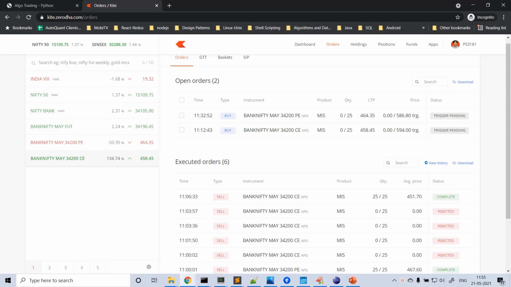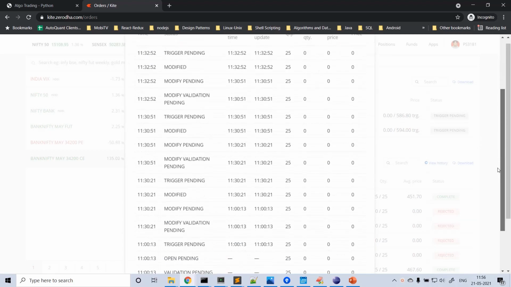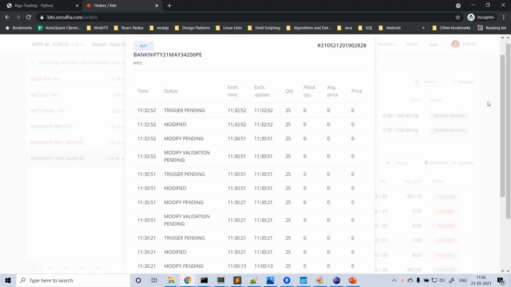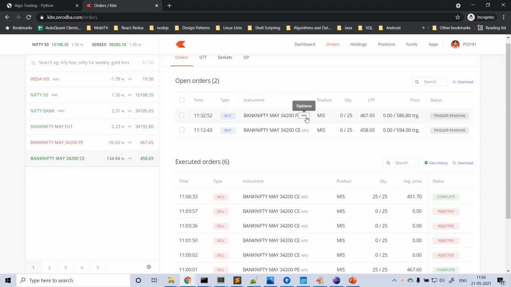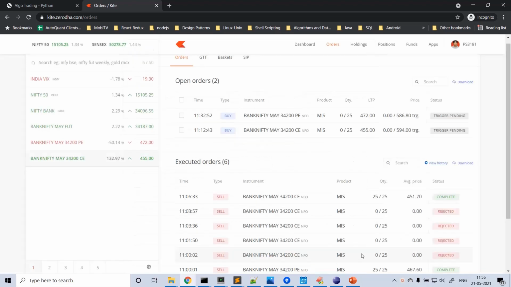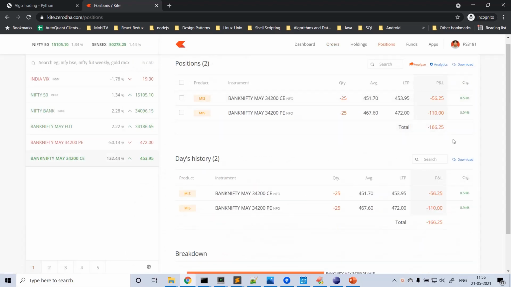Thanks. Hi, now the time is 11:55. I just want to show where the trail SL is. If you look at this, it was earlier 611.8. It updated to 606.8, 601.8, so it got updated multiple times. If you see the history of the order, it's modified multiple times, right? So now this is the latest SL for this PE symbol, and of course the CE symbol is not even updated once. I think it got modified only once. Okay, that's fine. So this is the overall PNL, a loss. Anyhow, we'll come back again and track this trade after half an hour. Thanks. Bye.